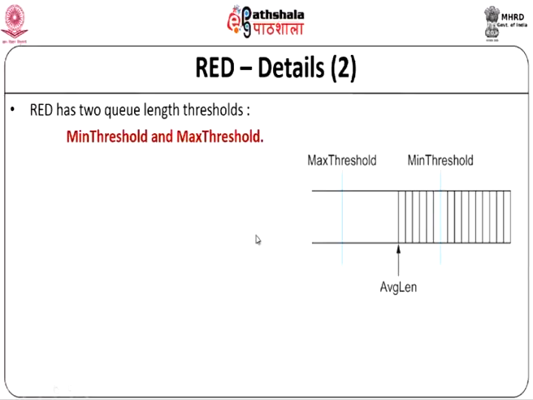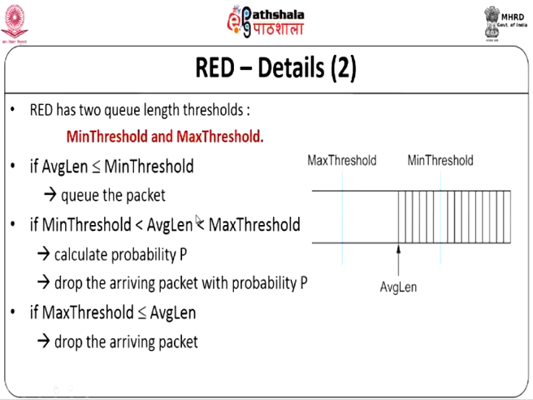Once we have this average length, we now use 2 thresholds, one called the minimum threshold and the other the maximum threshold. The minimum threshold is an indication that things are okay. So let's say my minimum threshold is here. As long as the average length is less than the minimum threshold, you just keep queuing the packets. We are not dropping any packets. But once the average length is between the minimum threshold and the maximum threshold, that is, in this region,